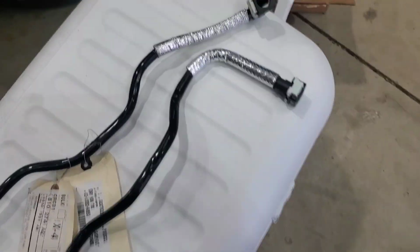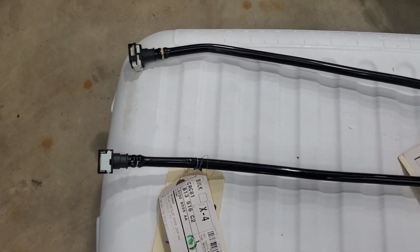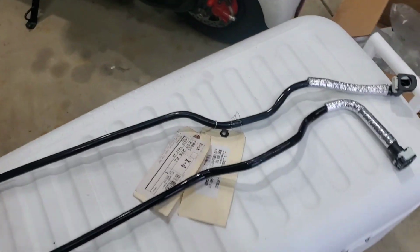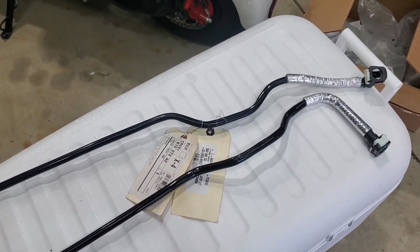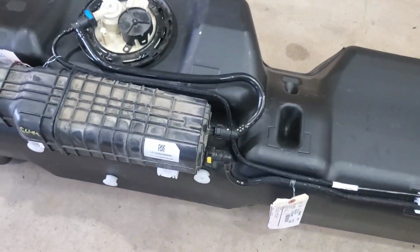Okay, so the other one, as you can see, is completely different. I mean, it's all the same in the back part of it, and then it changes in the front. So that is what you need that's different there. I will give all these part numbers later. So for this, part number on this